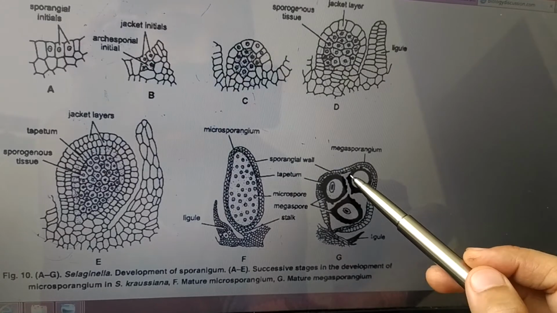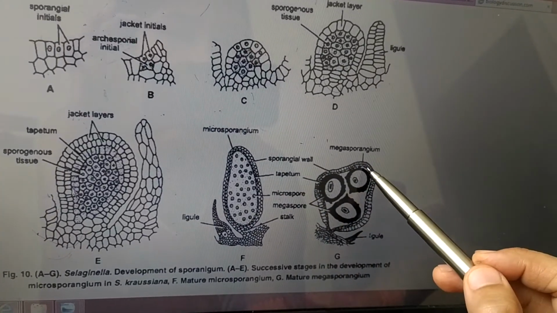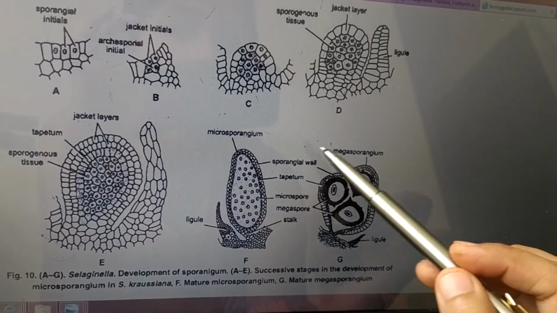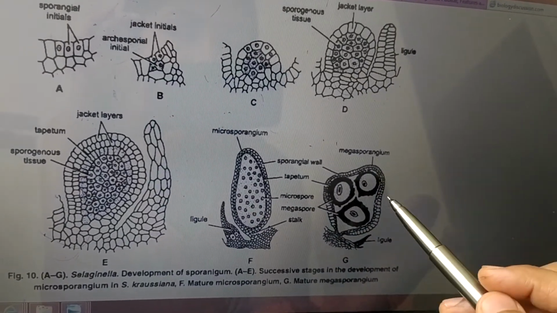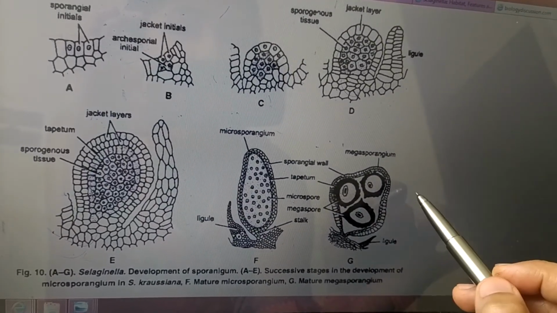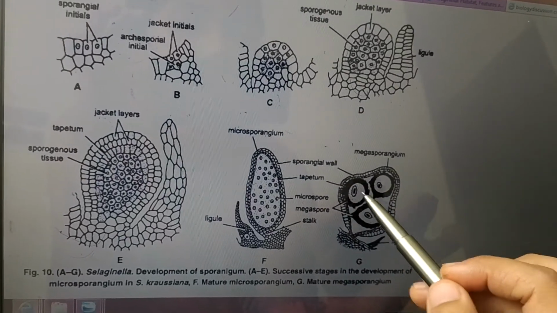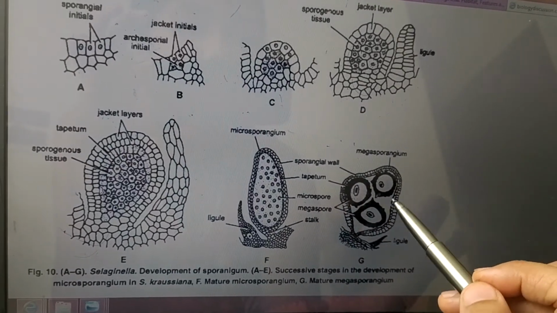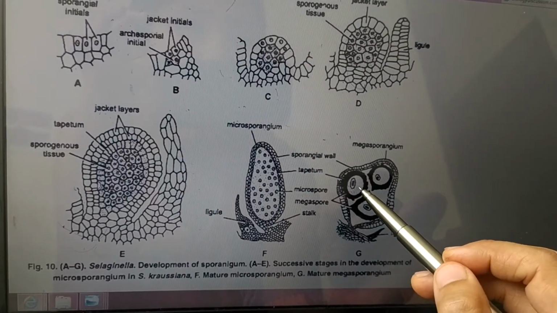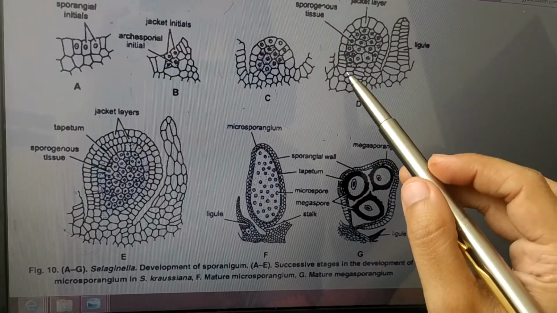Whereas in case of the megasporangium, we have two outermost jacket layers similar to this one. We have a tapetum layer which is also similar to the microsporangium. Here all the spore mother cells except one degenerate. The one spore mother cell that is left undergoes a meiotic division, leading to formation of these 4 spores. Here they have shown 3, but one will be present behind it. So we have 4 megaspores present, and these are the basal cells.